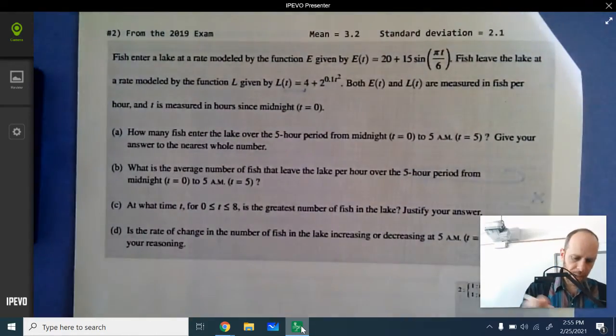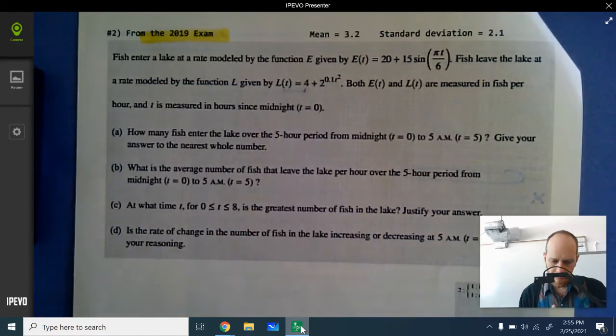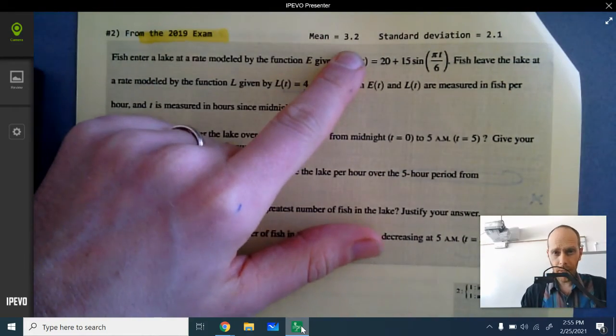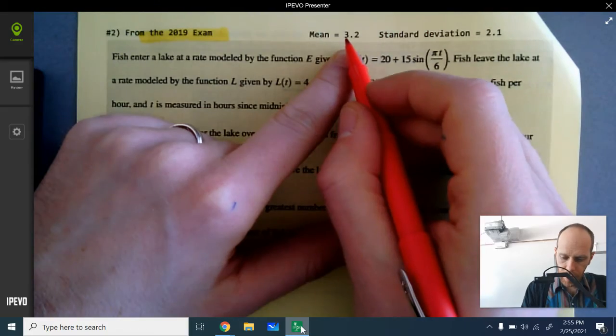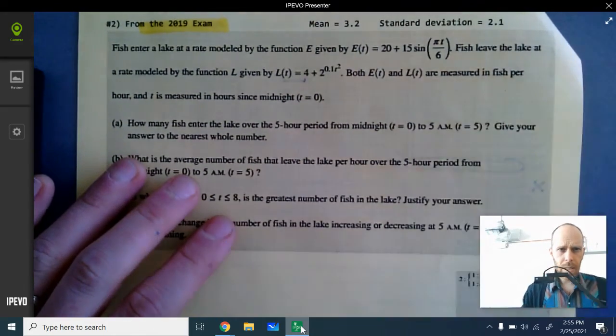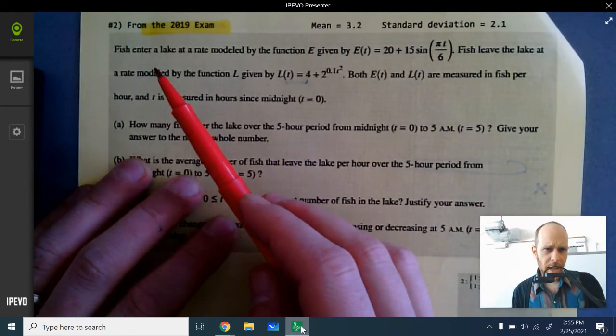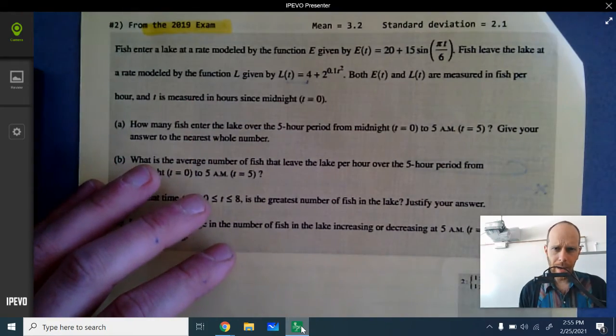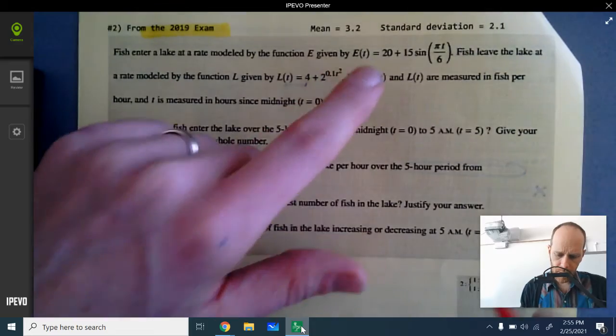Also from the 2019 exam, this is funsies. And the mean was a little bit better. Mean on this one was a 3.2, standard deviation 2.1. Okay, let's see. Fish enter a lake at a rate modeled by the equation E of t is equal to